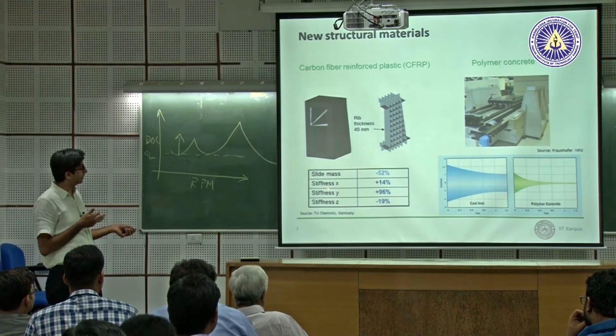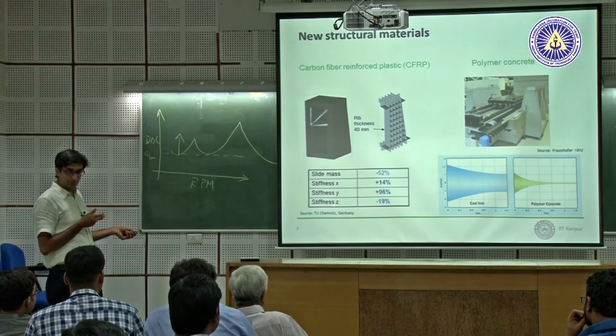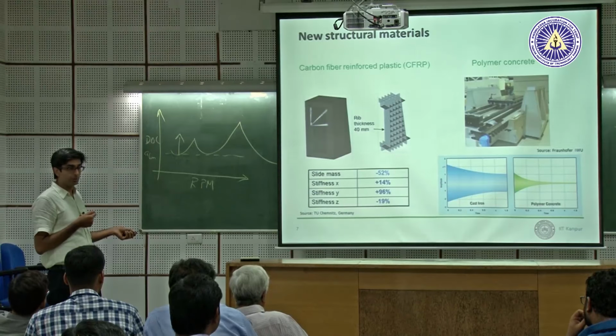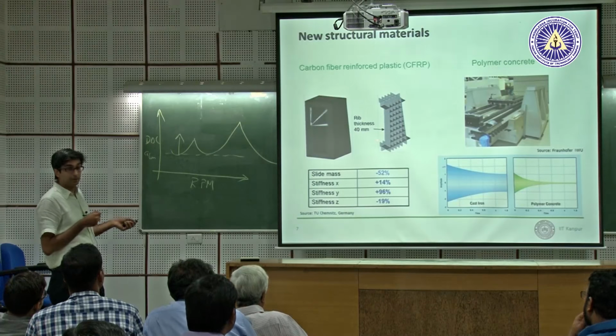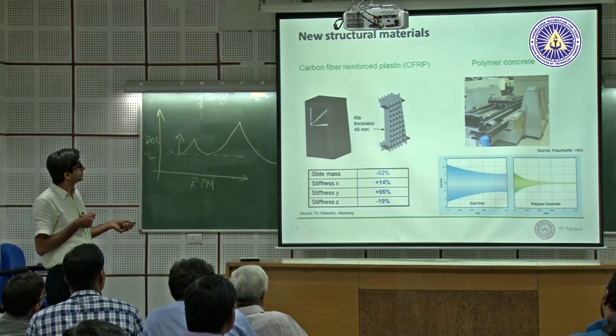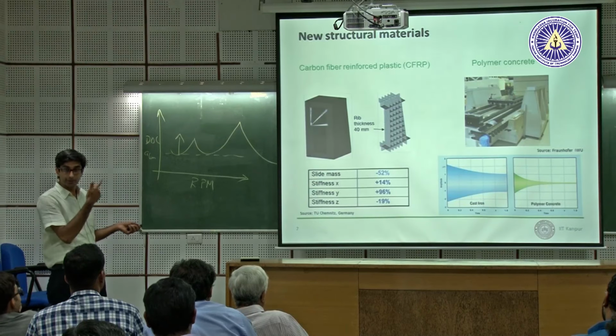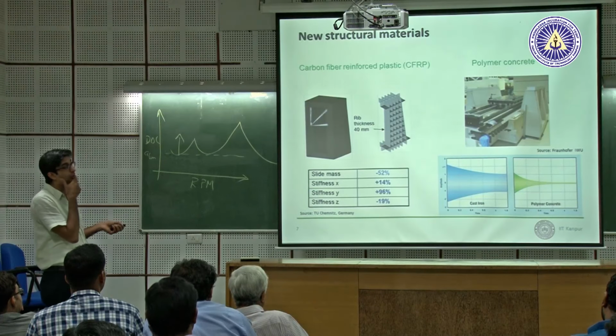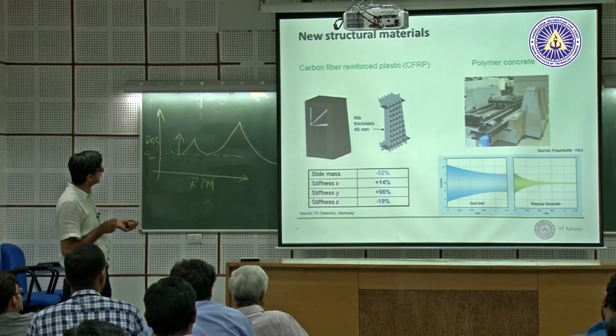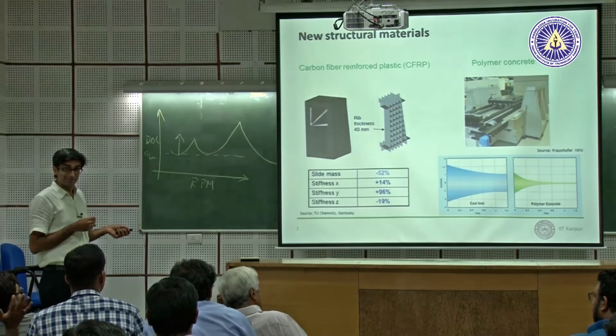This is static stiffness in this case, in X and Y. You lose, of course, in some direction because of how you lay the fiber and the matrix. But you can see that it's possible to use even these composites. They also built this. This is just a simulation-based investigation, but they built this. This went on to a moving column machine. Complete thing is carbon fiber.